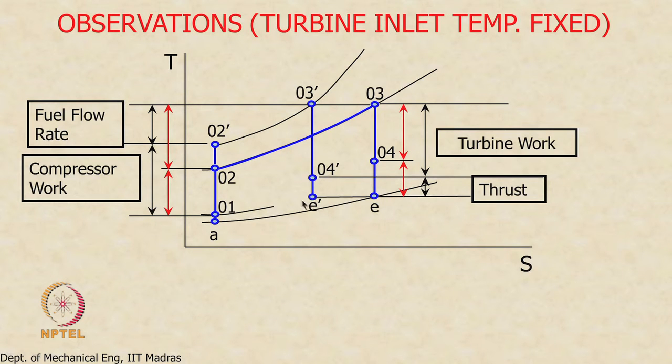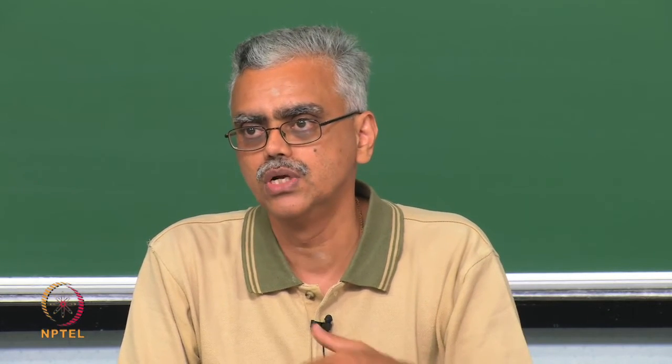I am also getting a pressure thrust now. I am getting a momentum thrust and also a pressure thrust. So it is quite possible for some values that we may actually get a slight increase in thrust. So that depends upon the relative position of 3 and 3 prime. Now we need to work with numbers to see how it will come out, and that is what I am going to show next.